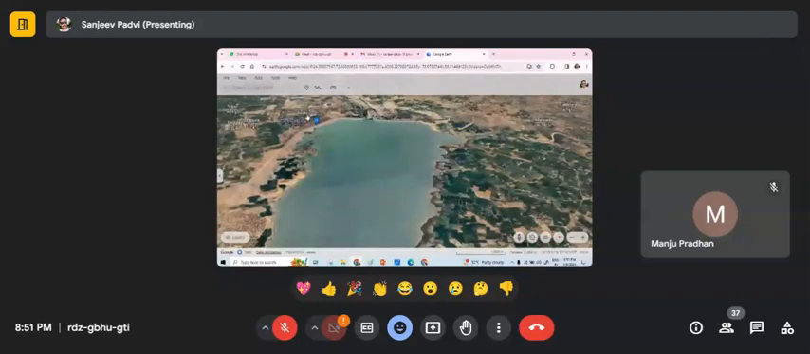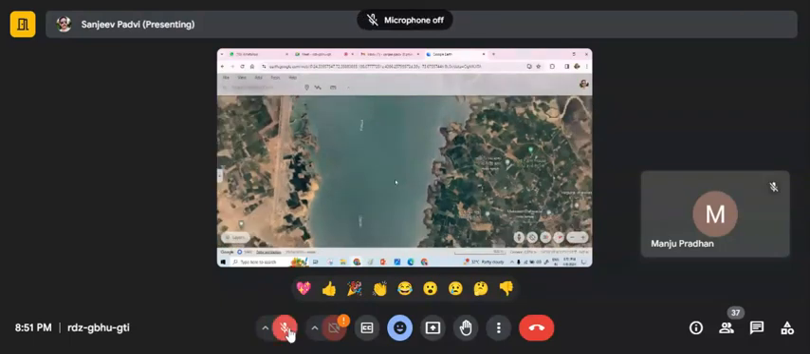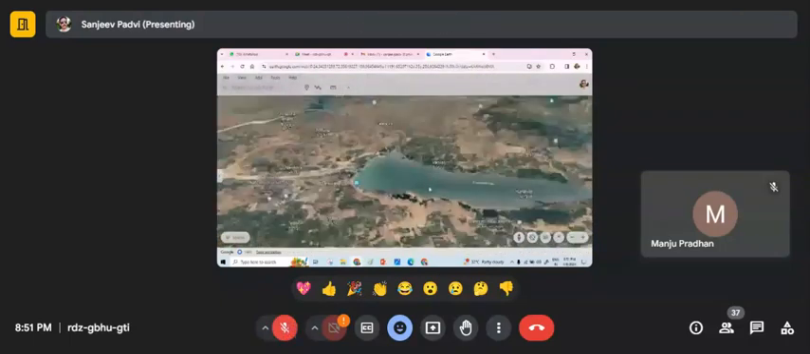What is written here? Dantiwada Dam. Do you know this is a real Google Earth map? Which map is this? Google Earth map. Okay, we are going to watch it now. Carefully observe. See this Dantewada Dam,